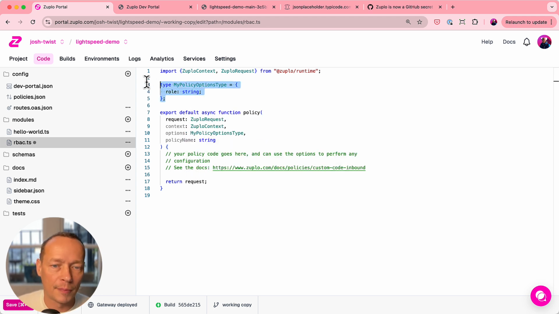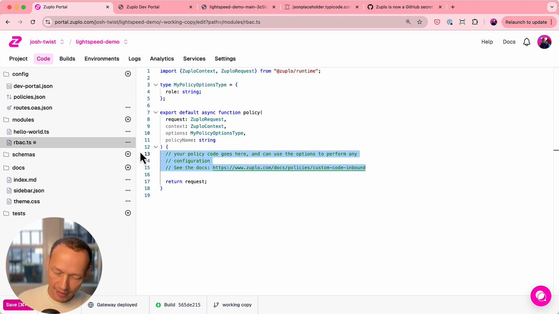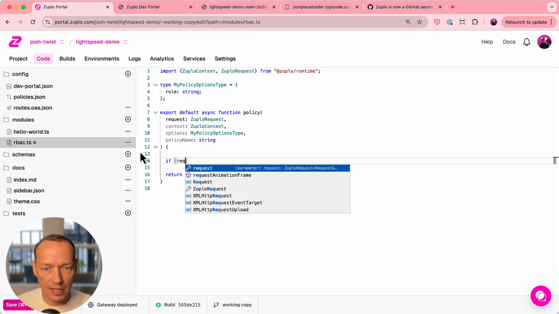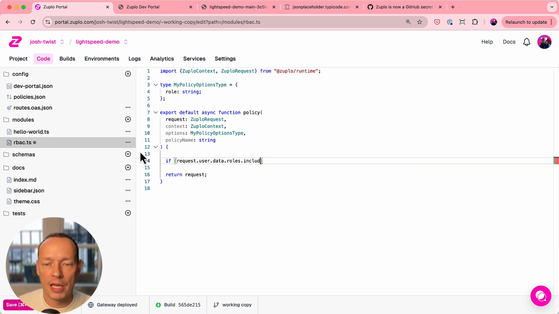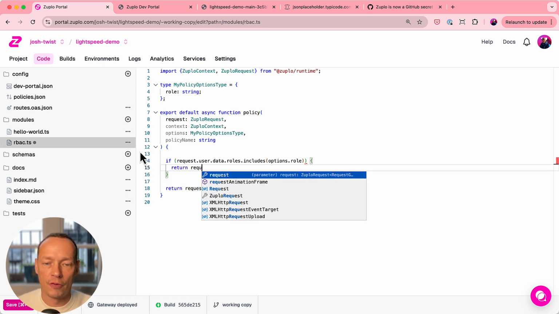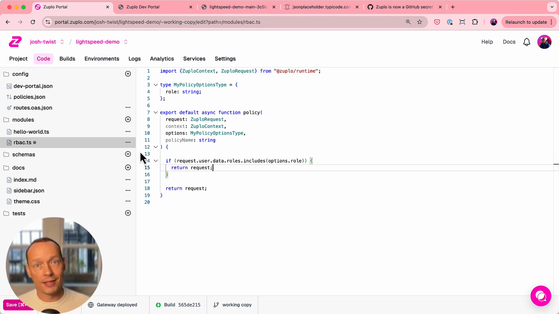That's where I tell the policy that I want the user to have a role of a string, and I'll use admin as the example here. And then we write the code inside the policy. So if request.user.data.roles.includes options.role, then return request. What that does is say to the gateway, please continue, I'm happy, return the request, but I could change that request. I could add headers or change the type from XML to JSON or something, but I'm not going to do